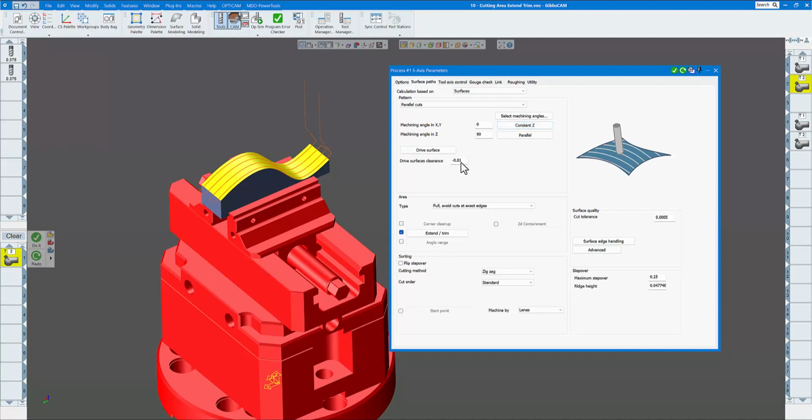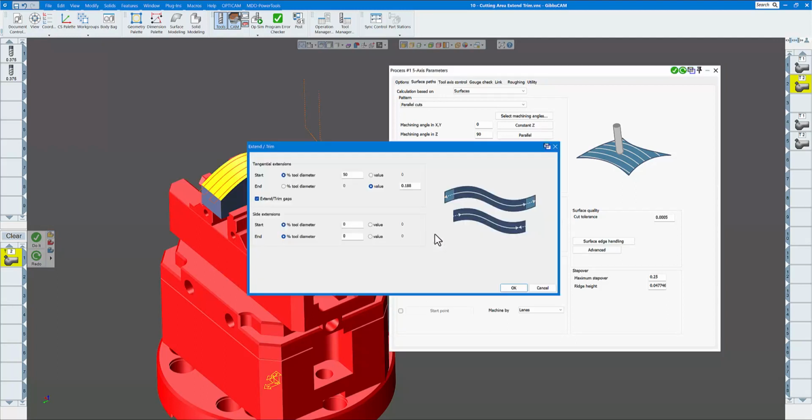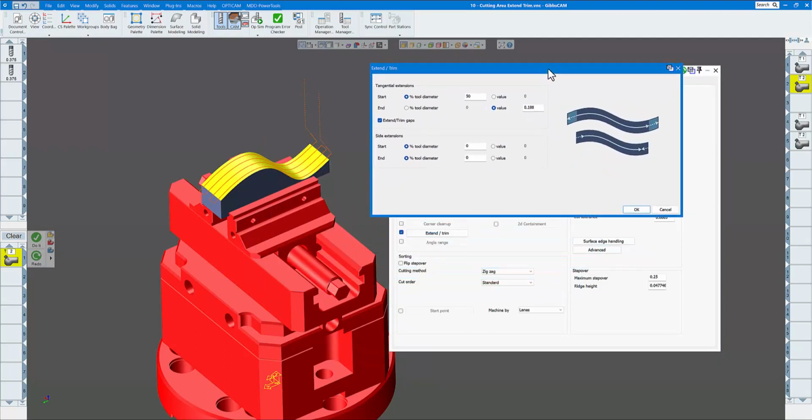Same thing here. We're forcing it into the material so you can see it. But this time I have extend and trim checked. So on here, if you click on this extend trim button, it's going to bring up this menu here. So you can do the tangential extensions either by percentage of tool, or you can give it a value. So you can mix or match either one you'd like to do. I'm just going to do a value here. I'm going to put in, we'll just say 200 thou